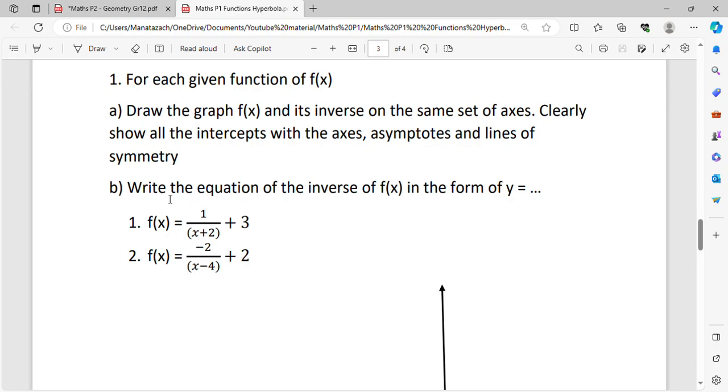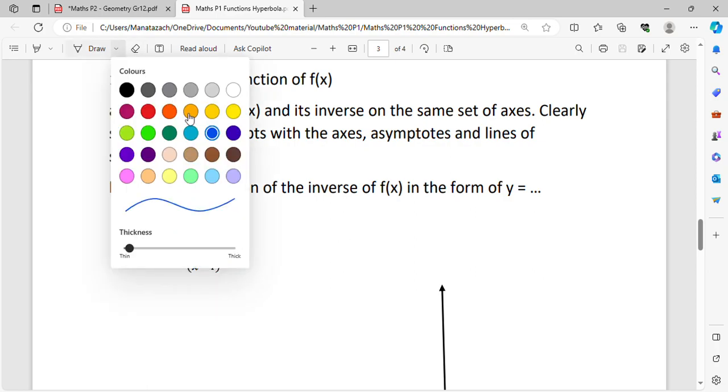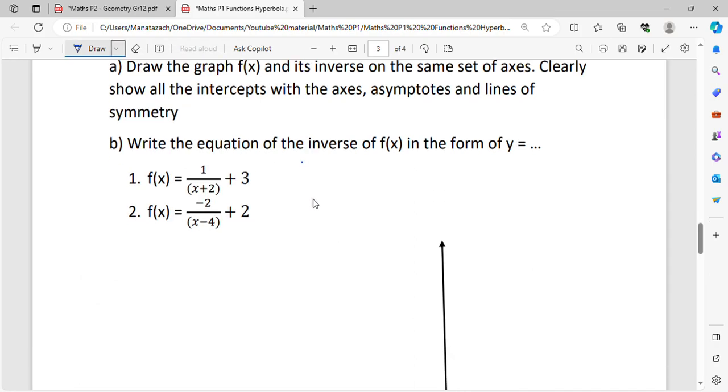And question B, write the equation of the inverse of f of x in the form y is equal to. Okay, now let's start with question 1, or the first function. Basically we're going to be doing the same thing with question 2, but let's start with question 1. The first thing, we must get the x-intercept. When you plot the graph, where y is 0, then you'll have